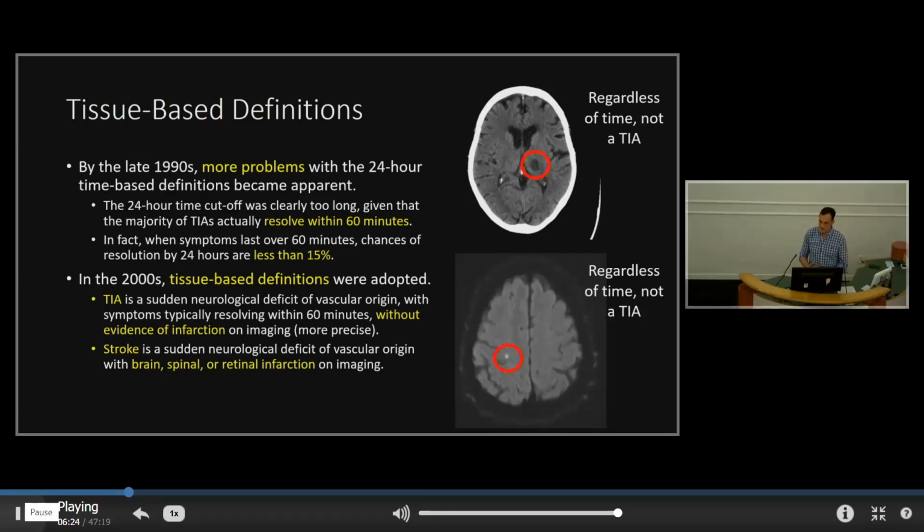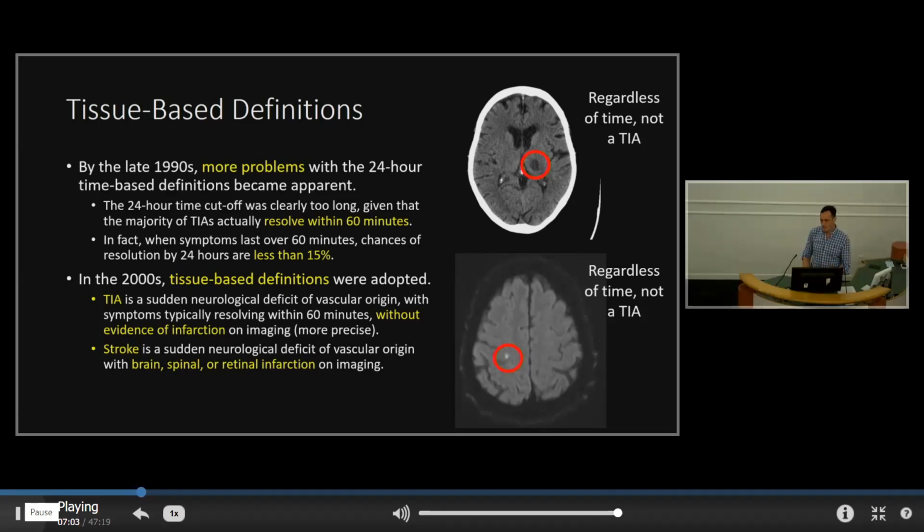So even if that person had symptoms that resolved within, say, half an hour, which would have been defined as a TIA with the old definition, we now call that a stroke. It's quite clear that it's a stroke, as in neurons have infarcted. The bottom image is MRI imaging, and with MRI, it's not about density, it's about intensity. So we talk about hyperintensity and hypointensity, and that little white region is a hyperintense signal on the MRI, and that indicates a tiny stroke on the MRI brain. So again, no matter how long the symptoms lasted, that is a stroke, not a TIA.